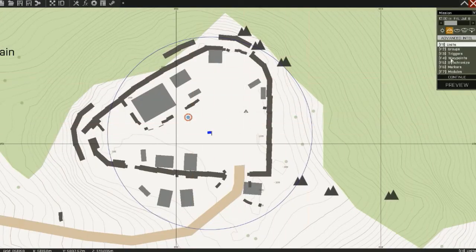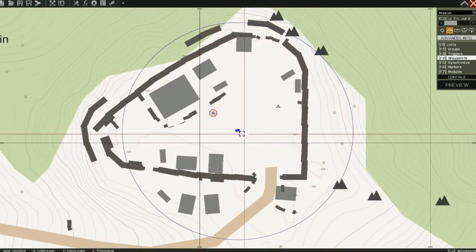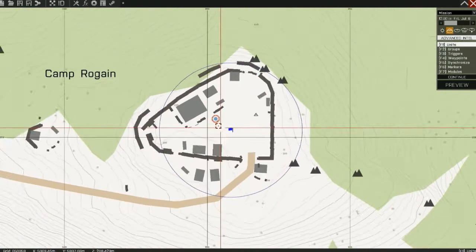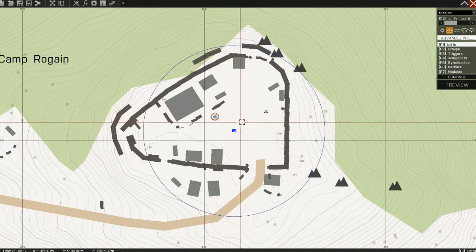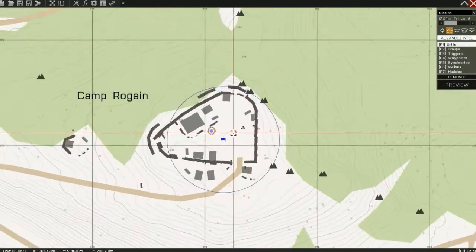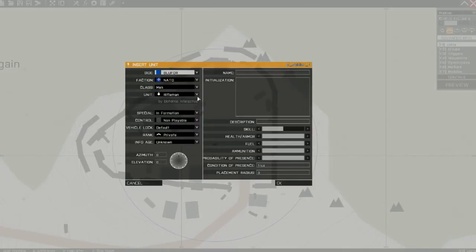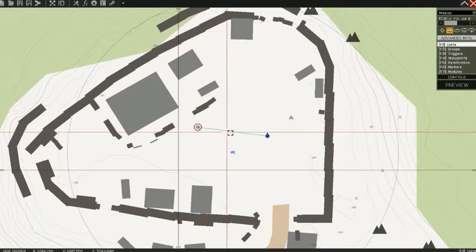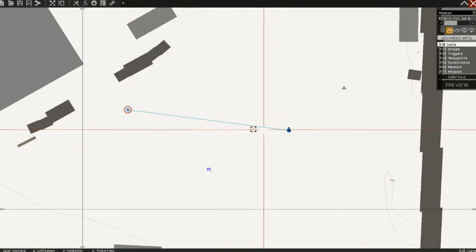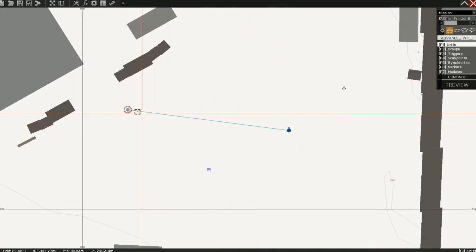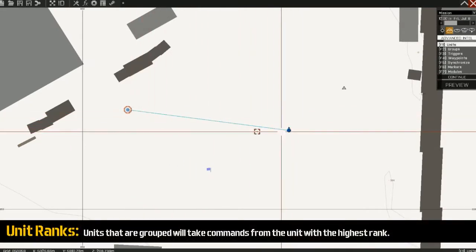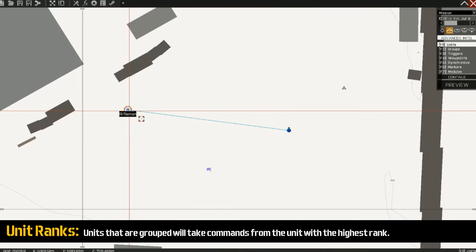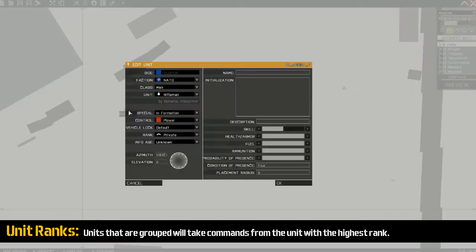Something else we can do is waypoints. Now waypoints are used for AI, but they can be used for players, but that's something more advanced which we'll go over in another segment. So if we place a unit down, place another rifleman. Now as you see what happened there, we've now got this blue line. And this blue line means that this unit here is now grouped to us. This is mainly usually because of a higher rank.